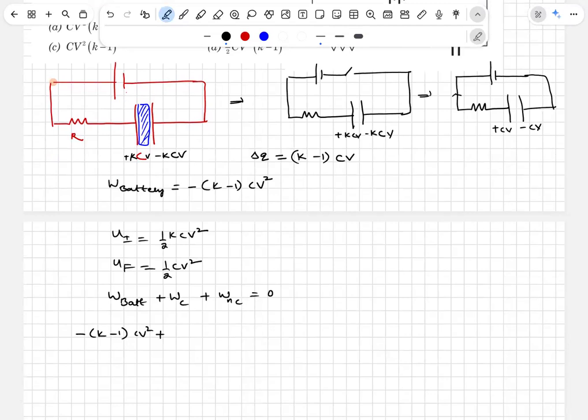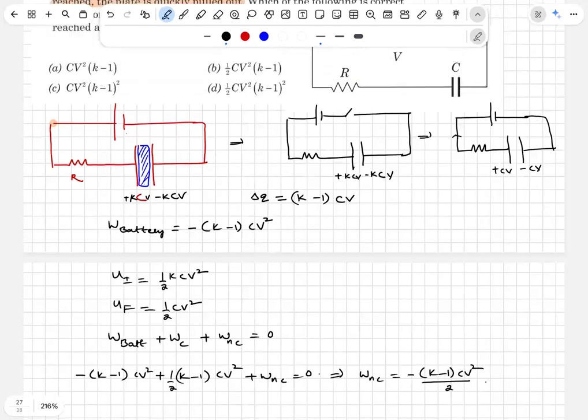We already know work done by conservative force is nothing but initial energy minus final energy, and that is half (K minus 1) CV square, plus work done by non-conservative force is 0. This allows me to write work done by non-conservative force is minus (K minus 1) CV square by 2, boys and girls. Okay, minus (K minus 1) CV square. So,